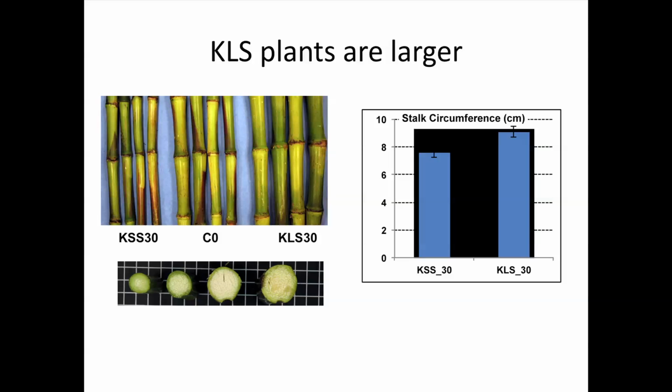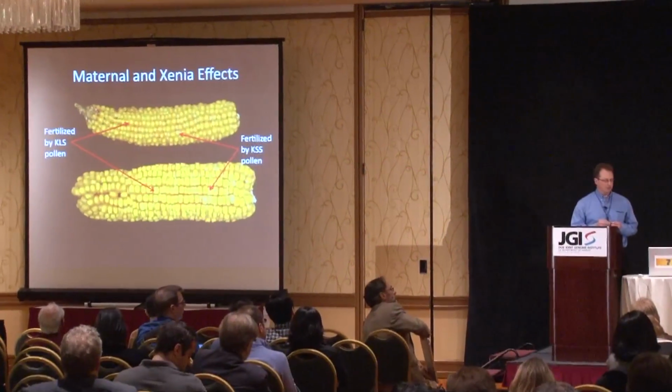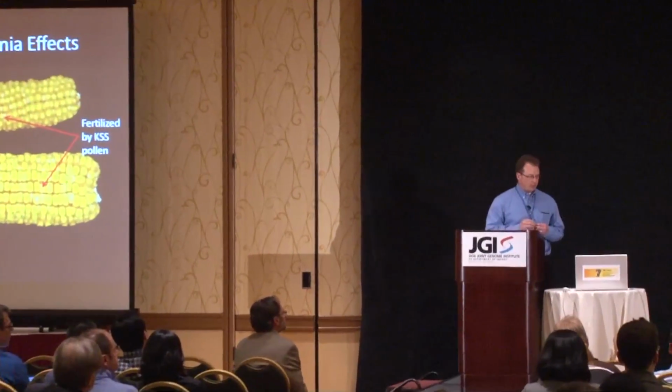and for plant size. On this picture here, I have 2 ears, and those ears were produced by taking a mixture of pollen of the small seeded type and the large seeded type and putting that onto an ear of each type. So on the top, we have that pollen poured onto a small seeded ear, and on the bottom, we have that poured onto a large seeded ear. And on this picture, you can clearly see the effect of the pollen on seed size.